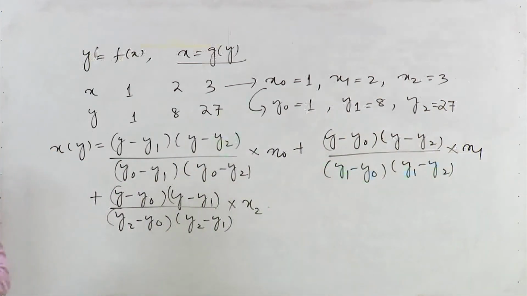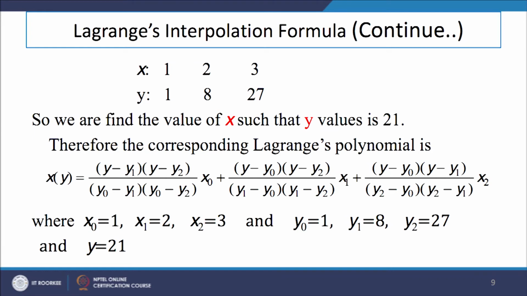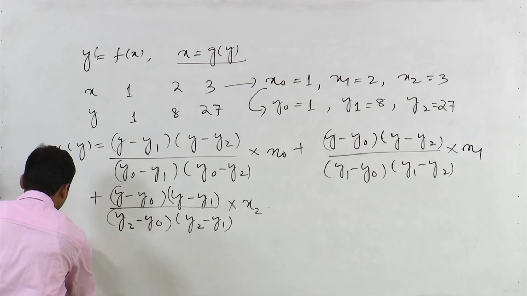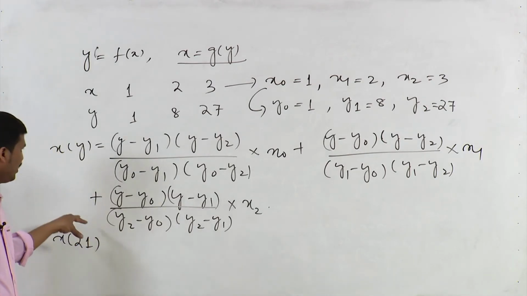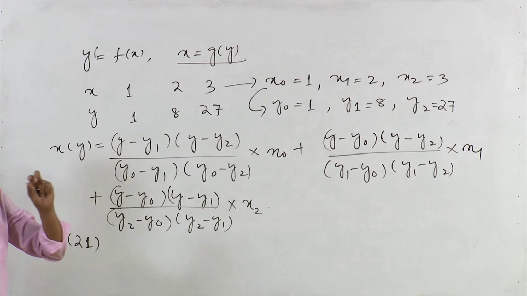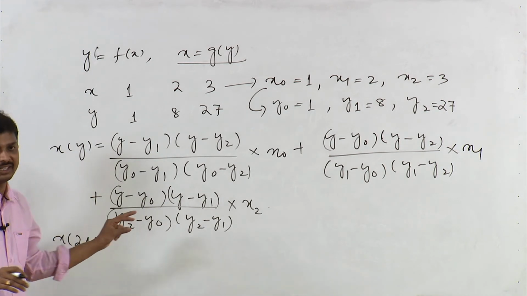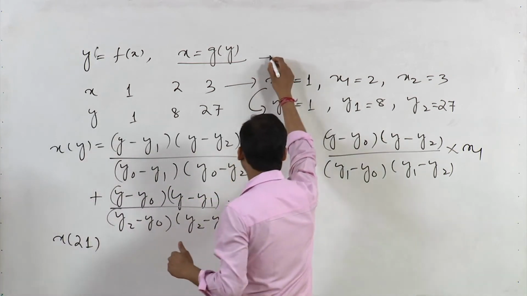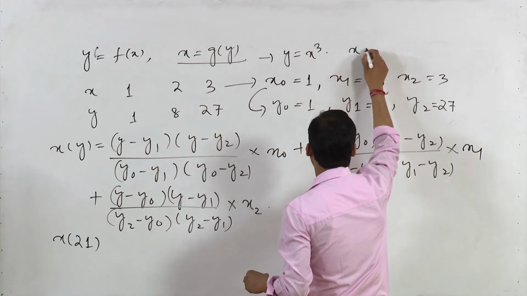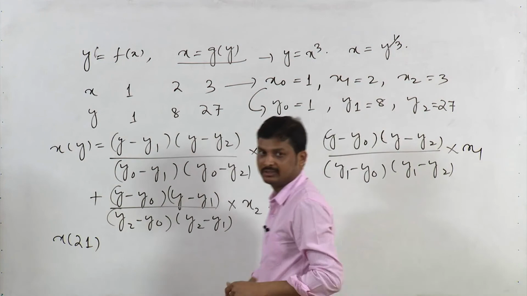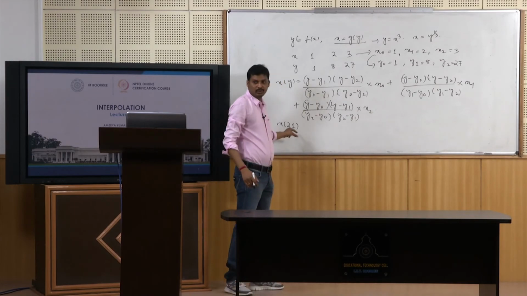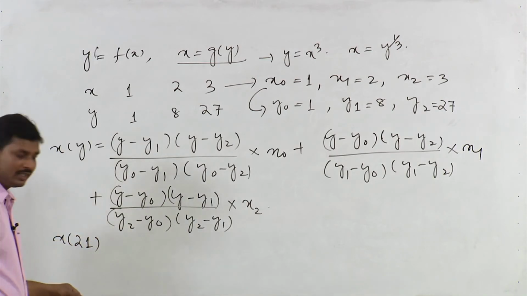And if you put these values here, then we can find the functional value x of 21. Since the y value is given and it is asked to compute the x position, we can find the cube root of 21 there. Since the function is defined in the form y equals x cubed, in inverse form x can be expressed as y to the power 1 by 3. So if it is asked to compute x of 21, then we can write this as